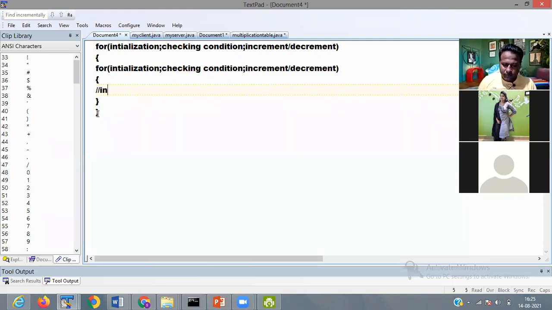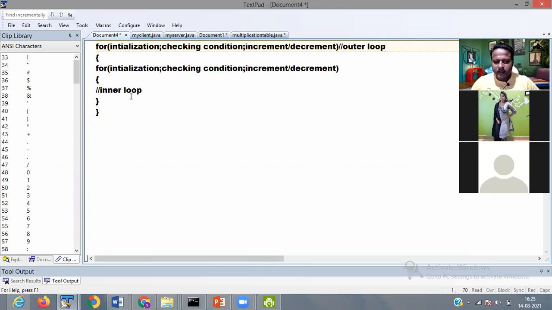As the inner loop, and this one is called the outer loop. If your outer loop condition is true then it comes to the inner loop, and the inner loop is executed till your outer loop condition is true.